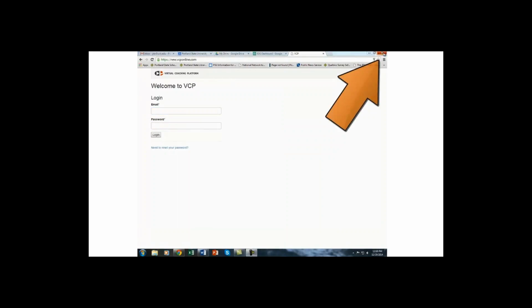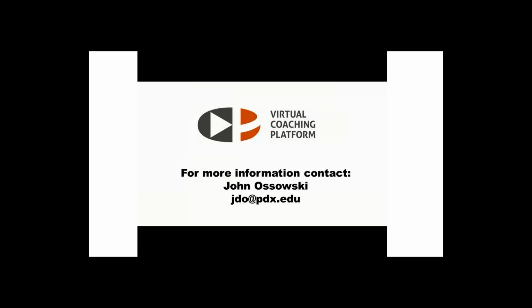If you will be leaving your computer at any time during your VCP session, please log out of VCP completely to prevent unauthorized access. Also, upon ending your VCP session, please log out of VCP and close your browser completely to prevent unauthorized access. If you have any questions or concerns about how to use VCP in the safest manner,